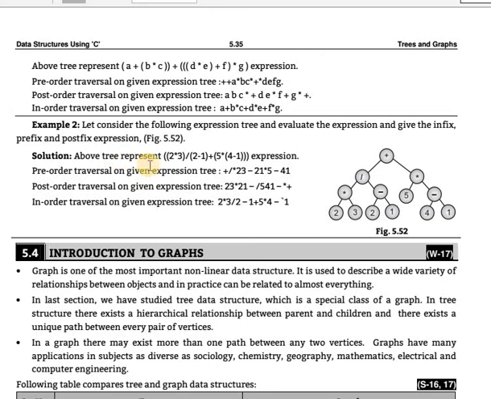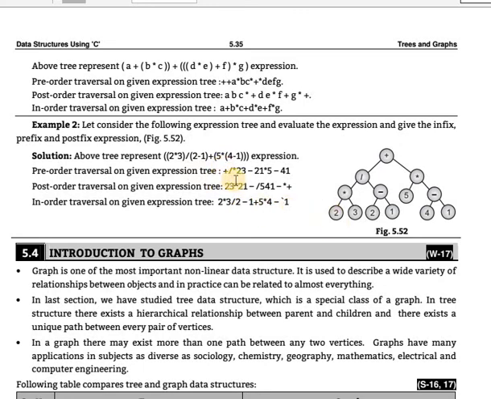The tree represents this: 2 into 3 in one bracket. After this is another bracket, considered in a multiplication. This is the right side bracket, which is in a divide. This is another bracket, and the whole thing is connected through the root, which is the plus. To solve the expression for pre-order and post-order, this is the infix, but in-order only has the brackets removed.